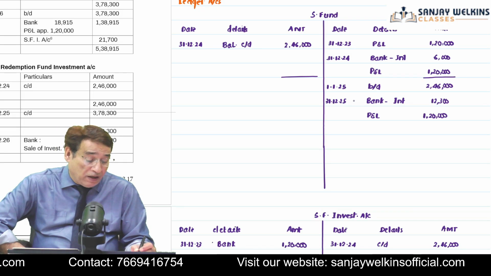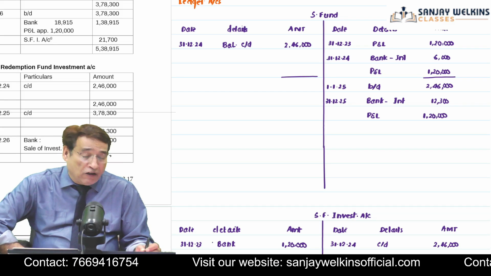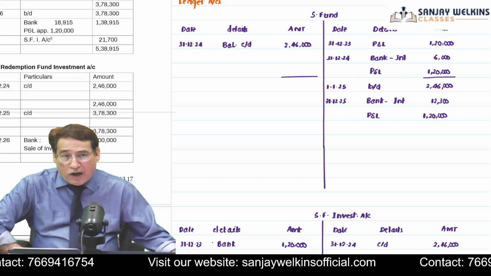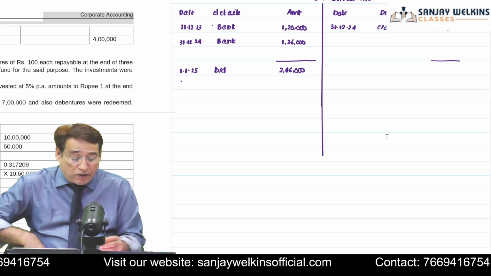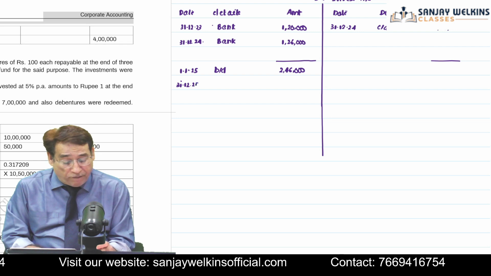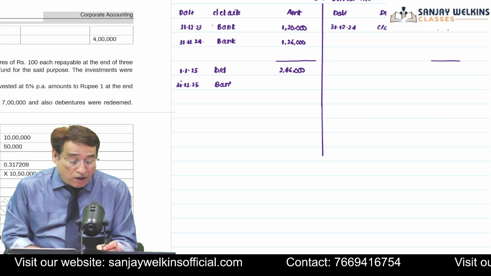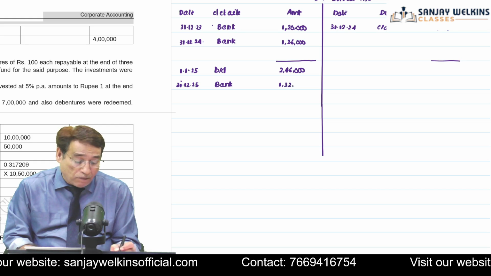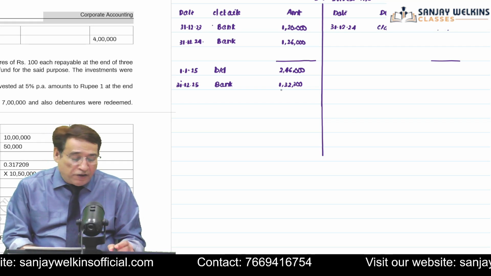So first, see here, we have already reached the end of the third year. The first thing which we did is the entry for interest, then appropriation, and now I am going to invest the total interest received and total amount appropriated. So my investment will be on 31st of 12/2025. I am going to write here to bank, and the amount will be equal to 1,32,300. So we have passed all the entries related to the third year.